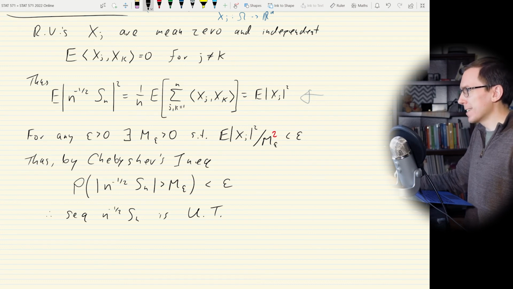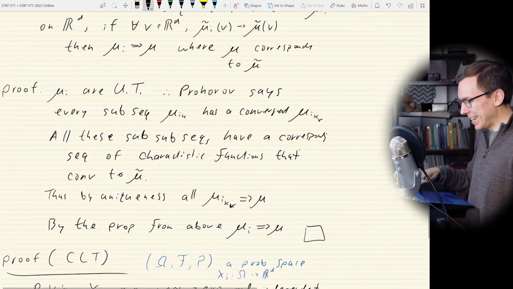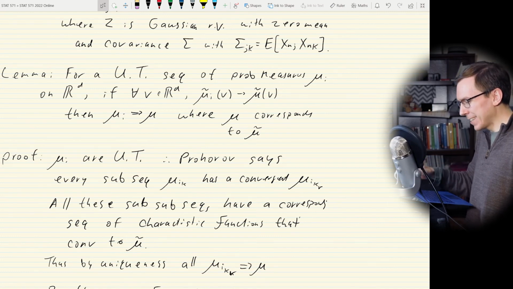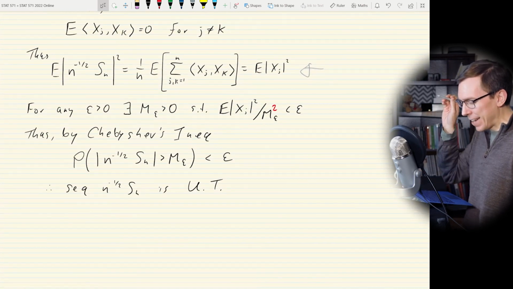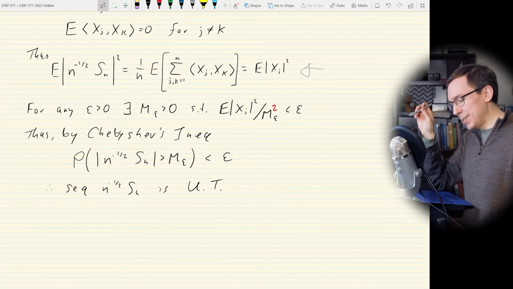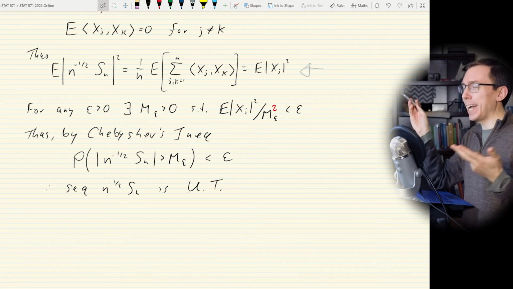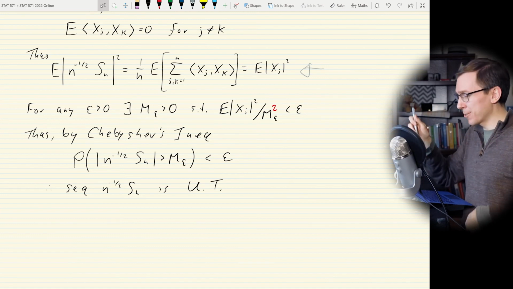That's good, because we just had some theorems about uniform tightness that we're going to want to use. Specifically, the one that says that if a uniformly tight sequence of probability measures has convergent characteristic functions, then the measures converge weakly. That's exactly what we have. Now we have random variables, they induce measures, and these are uniformly tight, so all we have to do now is show that the characteristic functions converge to conclude the central limit theorem.